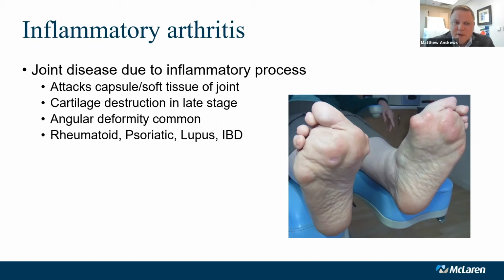inflammation long term. So different types of typically syndromic conditions like rheumatoid arthritis, psoriatic arthritis, lupus is another common cause of inflammatory arthritis. Or oftentimes you'll see it in association with other conditions like inflammatory bowel disease. So people with Crohn's disease tend to have some of these problems as well, especially if it's not very well managed. So oftentimes nowadays we're on biologic medications or steroid medications or some of these immune modulatory medications that really help to limit the effect of some of these inflammatory processes, and then people tend to do well long term.